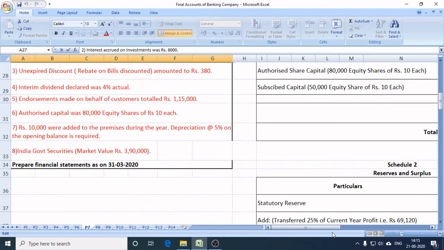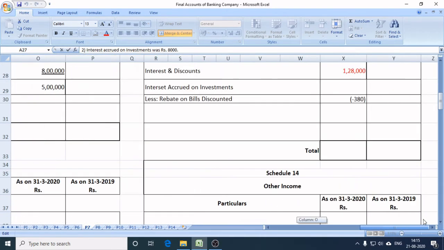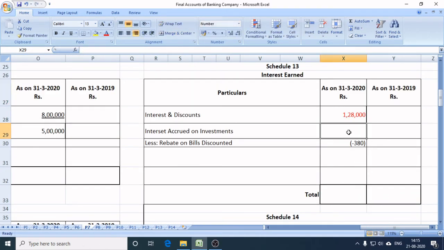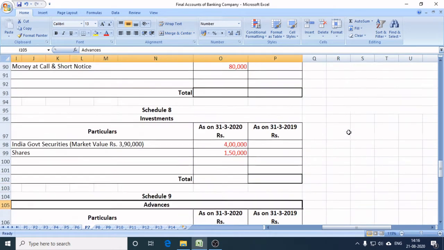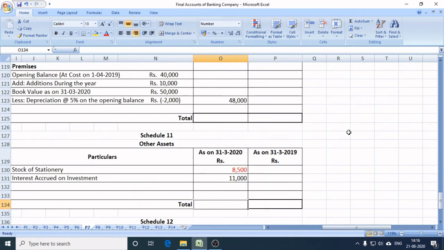So its first effect, we should consider that income in schedule number 13 here, 8,000 rupees. As it will be received in next financial year, it is also treated as an asset of a bank. So we have schedule number 11 for it, and we will record it under schedule number 11. That is 8,000 rupees. In schedule number 11, interest accrued on investment, 8,000 rupees. Okay. Now